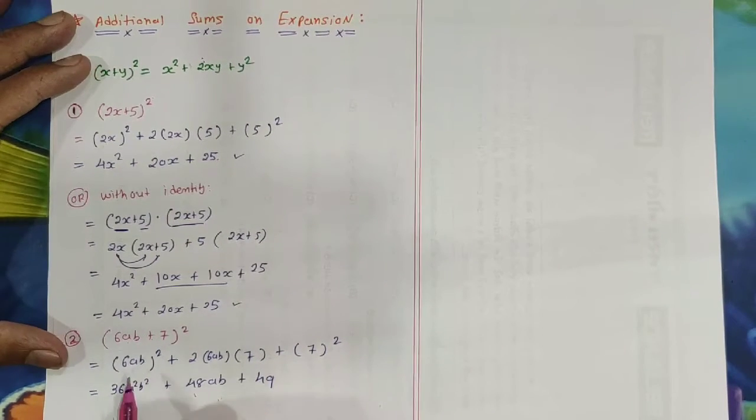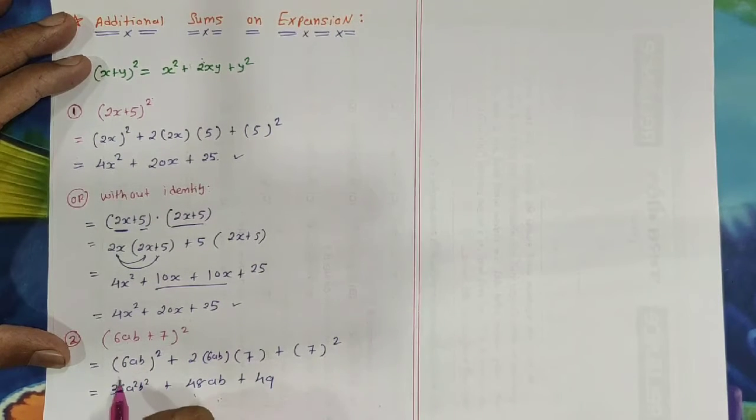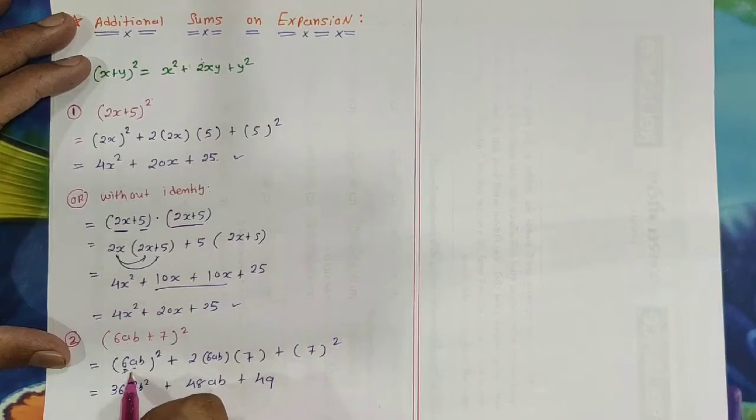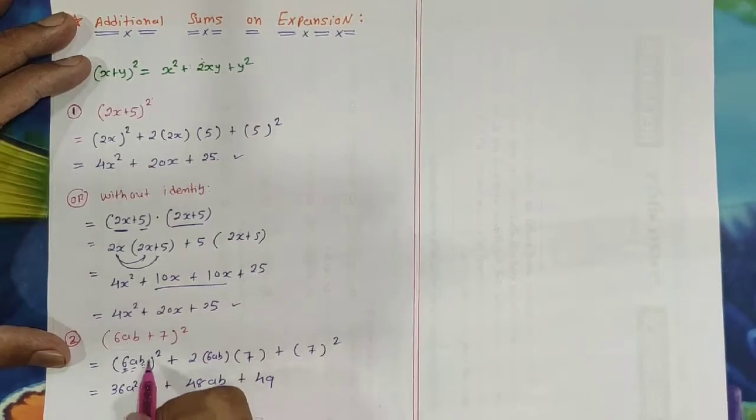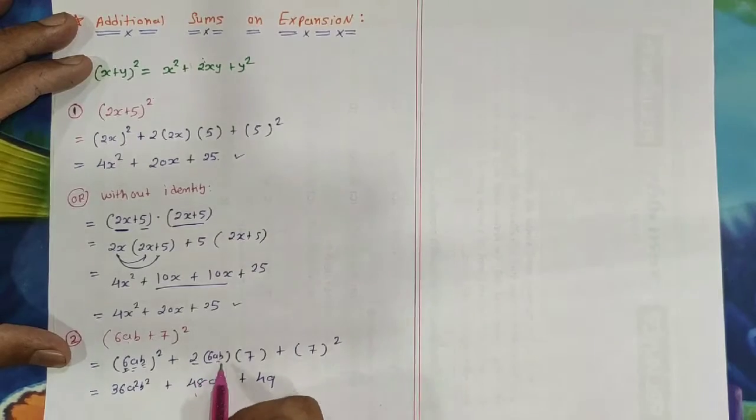The most important step is to take the square of 6ab. It's 6 into a into b whole square. So you have to consider the square of 6, which is 36, the square of a, which is a square, and the square of b, which is b square. And for this multiplication, you have to multiply all these terms. So 2 6s are 12, 7s are